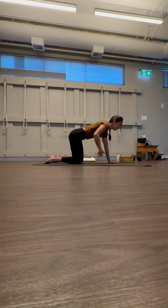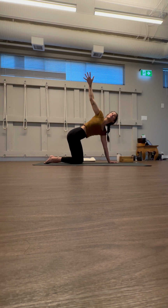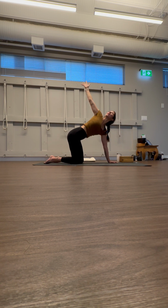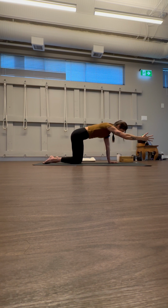Exhale, thread. Notice the hips are swaying a lot. Try to minimize that as you find a little bit more wiggle room in the upper back. Last 2. One more, inhale, lengthen. Exhale, reach your right hand forward, squaring your chest to the ground, hugging, hollowing in the hip creases to the